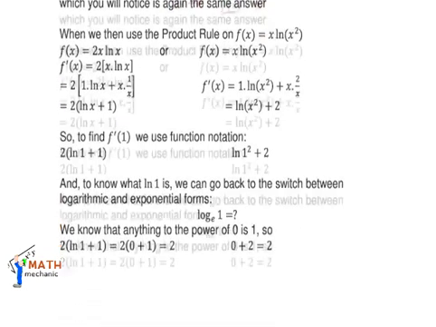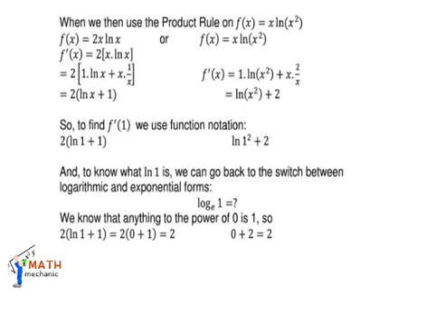So when we use the product rule on that function, now that we've got the derivative of the ln of x squared, we can look at it again from 2 points of view. By looking at the ln as a logarithmic function, we can bring the 2 to the front, which gives us 2x ln x. The 2 is a constant number, so we leave that outside. That's where the square brackets come in. It becomes x ln x, and then using the product rule on x ln x, you get the derivative 1 times ln x plus x times 1 over x, which simplifies, and you are left with 2 times ln of x plus 1.